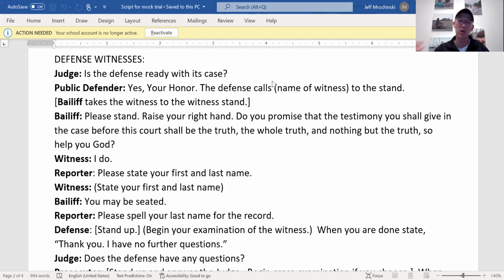Now, with each witness called up, again, the defense will start with questioning, but then the prosecution gets to ask questions of that witness. So we take turns, and that's what we do. So first we do the prosecution witnesses, where the defense asks them questions after the prosecution's done. And then the defense gets to call their witnesses, and the prosecution gets to ask questions of those witnesses when the defense is done asking questions first.